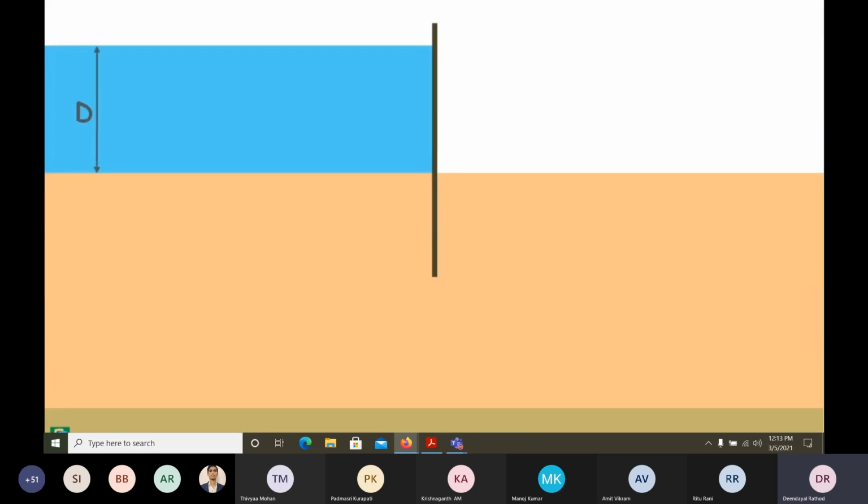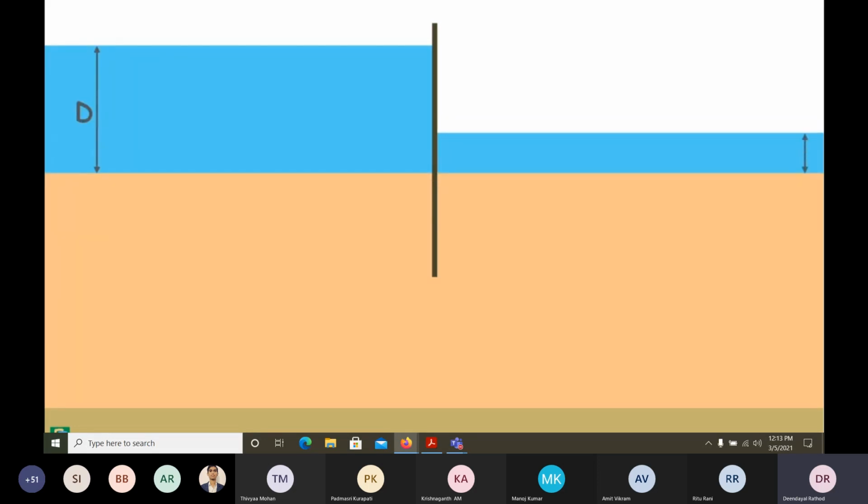This is a soil mass of some thickness and it lies upon an impermeable strata. A sheet pile is driven into the soil up to some depth. The sheet has water on one side of depth capital D and on the other side of depth small d. We can see there is an imbalance of head on the different sides of the sheet pile. So water will flow from high head to low head. But water cannot pass through the sheet pile. So flow will take place through seepage via the soil below.